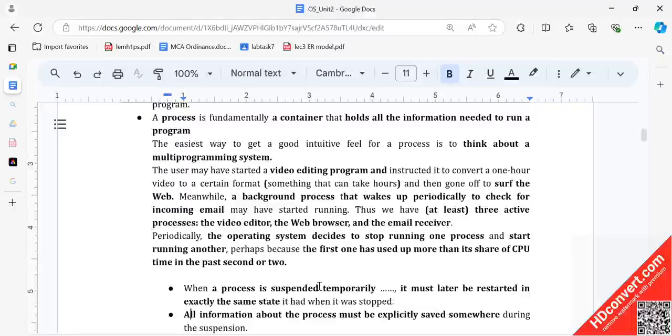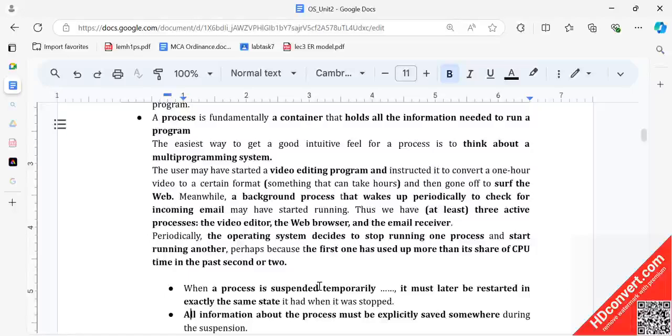For example, if you're trying to load a web page onto a local host, what happens? It started doing some things, but it stopped for some temporary time. And when you want to come back, it starts loading from where it stopped. Or maybe you are downloading a file and suddenly your internet connection goes off. For that reason, it temporarily suspends the process, and when the internet connection is restored, it will restart the download process. It will not restart from the beginning. Instead, it remembers where it stopped the download and will resume the download